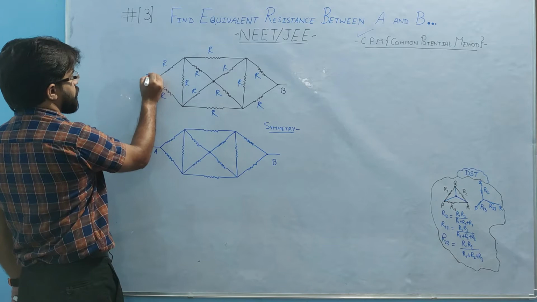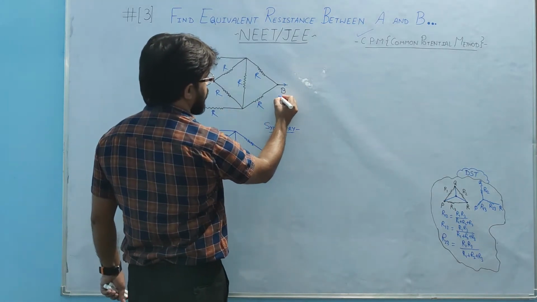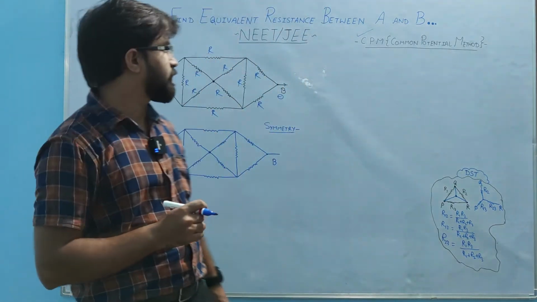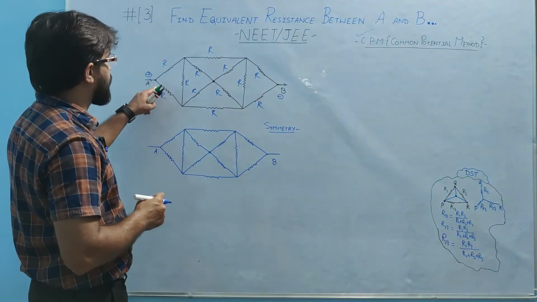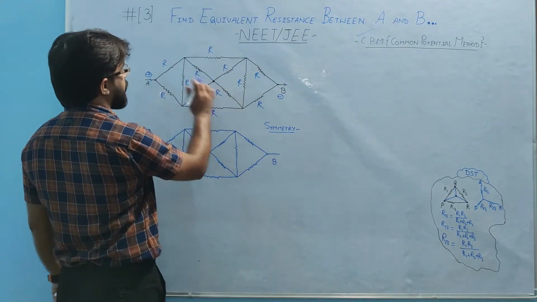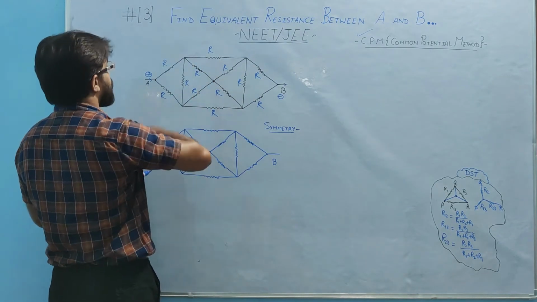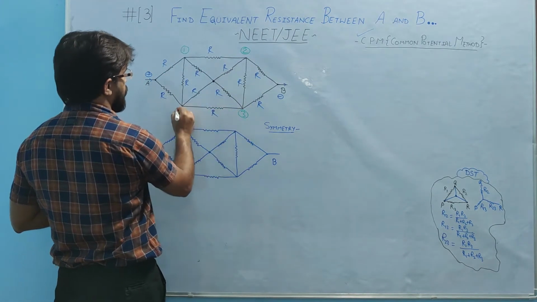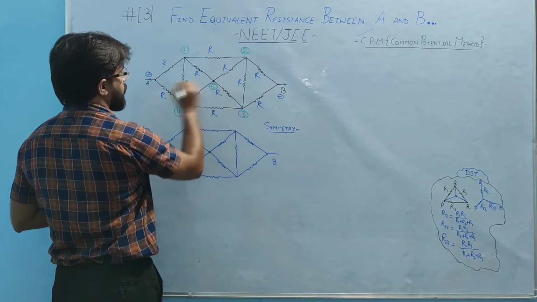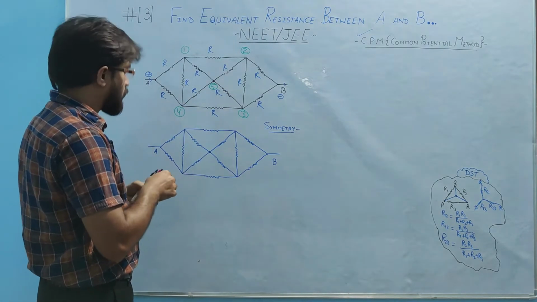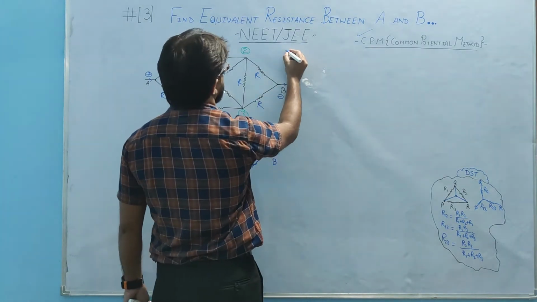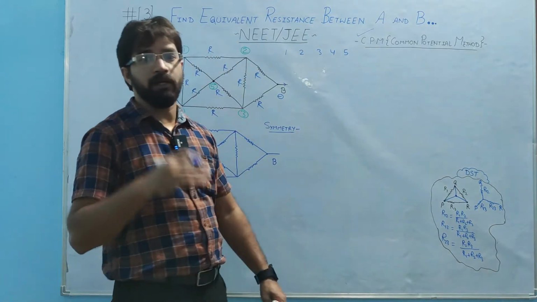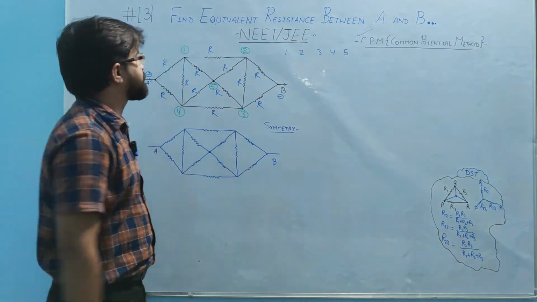As you know, one point we are supposed to assume negative, the lowest potential point. Other than A and B, the rest of the points we will name, since they haven't given any names. This is 1, 2, 3, 4 and this point is 5. So quickly check how many of them are at the same potential, so that accordingly we can redesign this circuit.